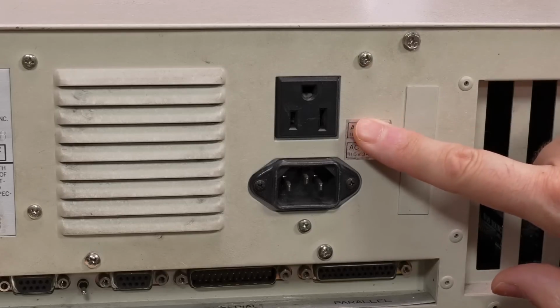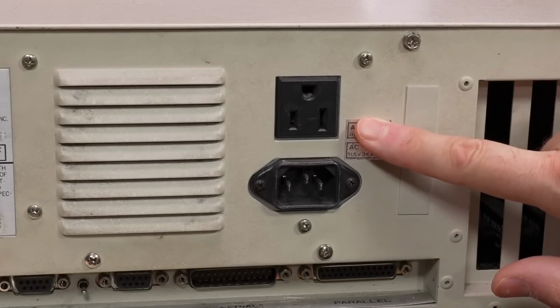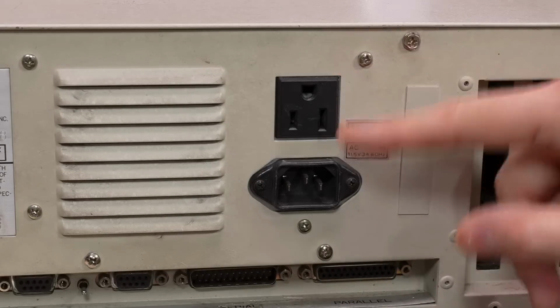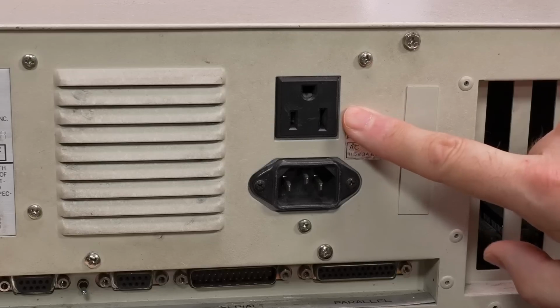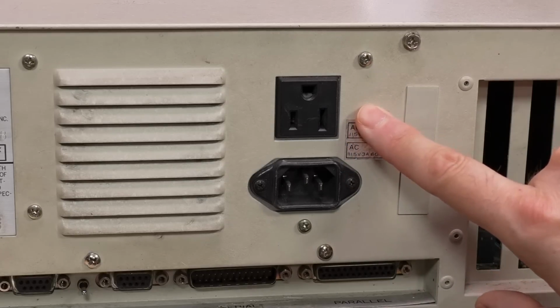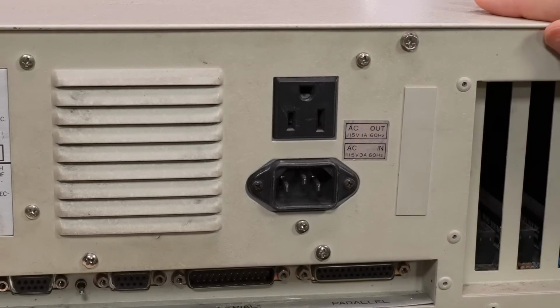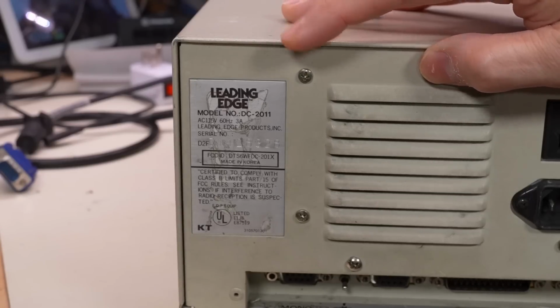I like the fact that the pass-through power connector is actually just a standard US style plug, so you don't even need to use one of these IEC reverse gender type connectors. You can just plug your monitor directly into this thing, and when you flip the power switch on the front of this thing, it turns on whatever is connected to this connector. With the badge there, we have a Leading Edge model number